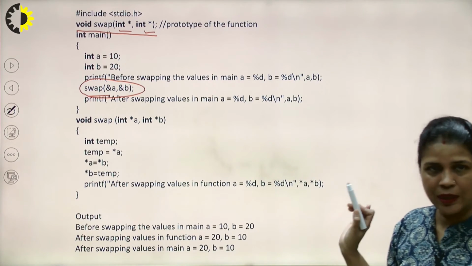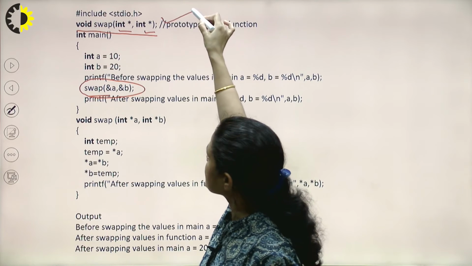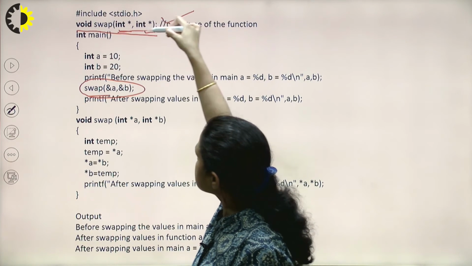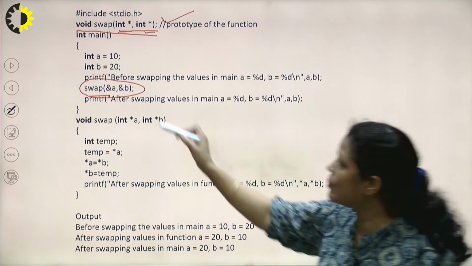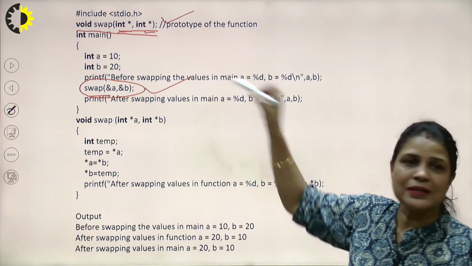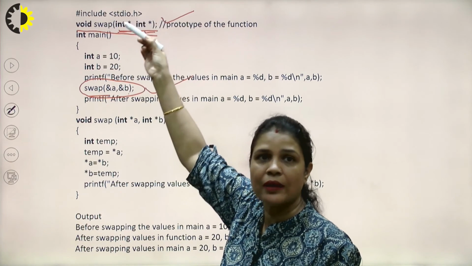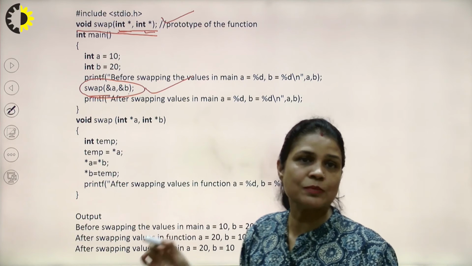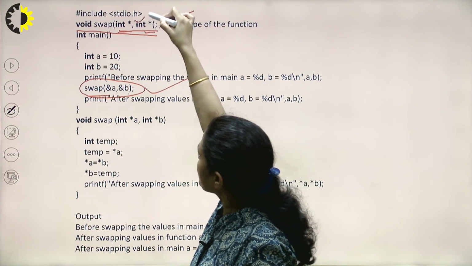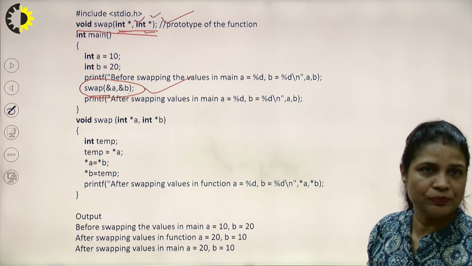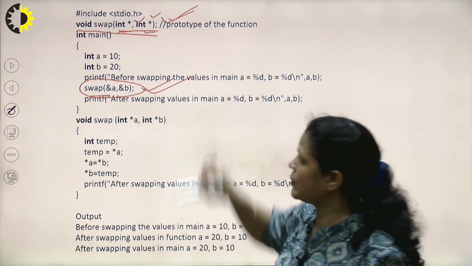All the program is the same. What difference has come here in the call by reference? At the time of declaration, we cannot take the integer type variable because at the time of calling, we are passing the addresses, and that address can be carried by pointers only. Pointer is a special variable that can contain the address. So we will take 2 pointers instead of normal variables.